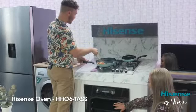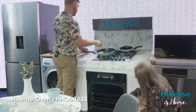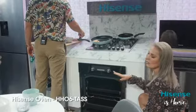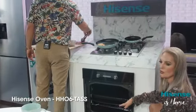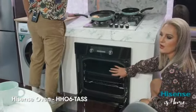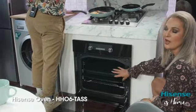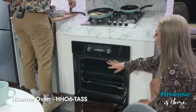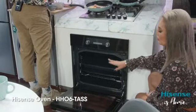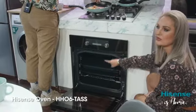So, what is the function of the actual ring element and the fan? It means that you can bake on 3 different levels. In the old days, when you just had a top or a bottom element, during the middle of the cooking process you had to switch the top and the bottom tray, or else it would get burned. With your ring element, it can cook evenly on all 3 levels, because the heat is very evenly distributed